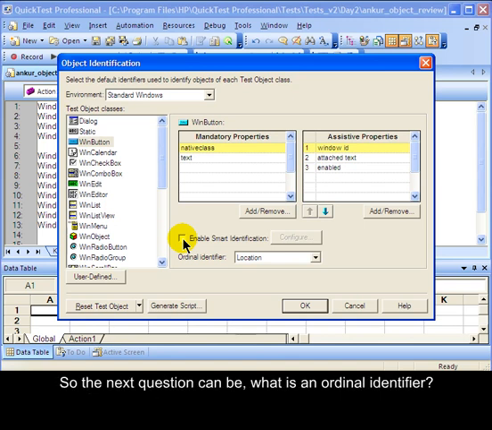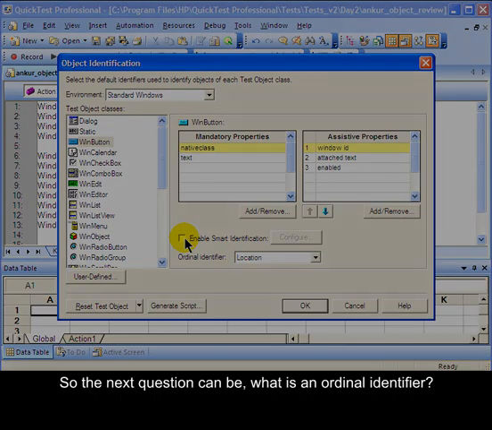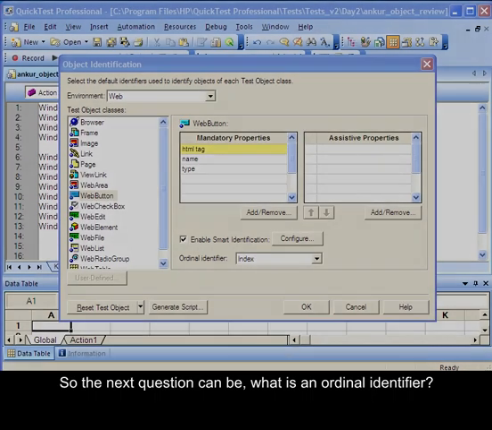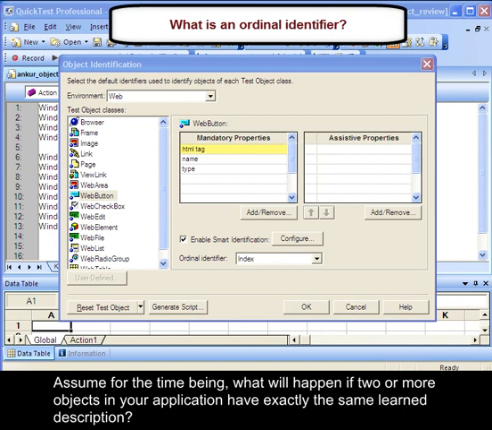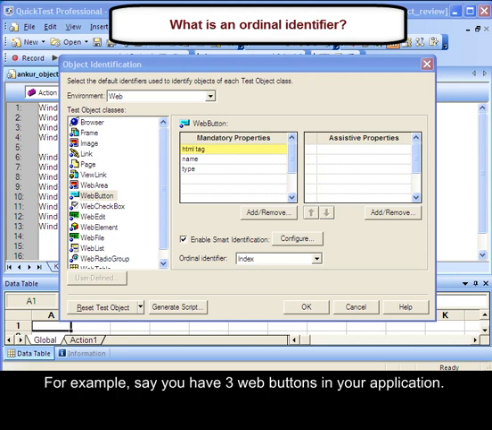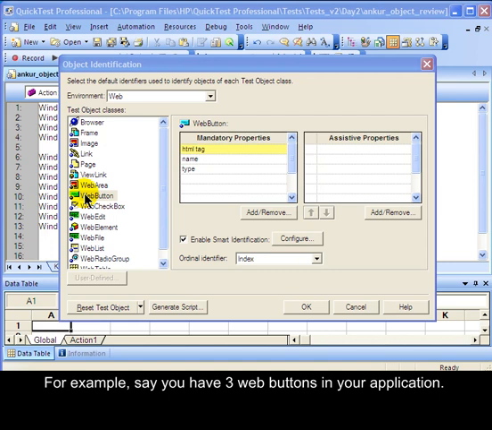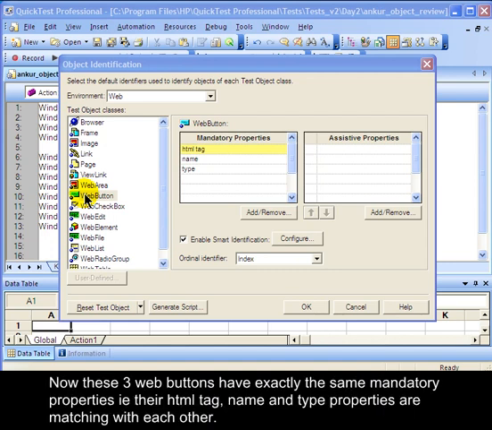So the next question can be, what is an ordinal identifier? Assume for the time being, what will happen if 2 or more objects in your application have exactly the same learned description? So for example, say you have 3 web buttons in your application. Now these 3 web buttons have exactly the same mandatory properties.